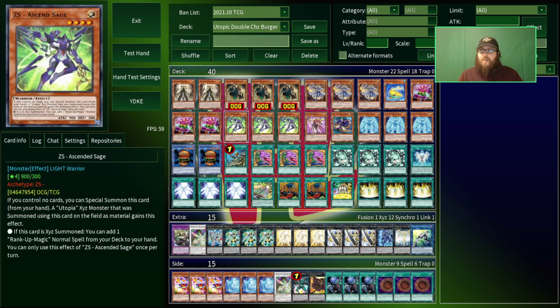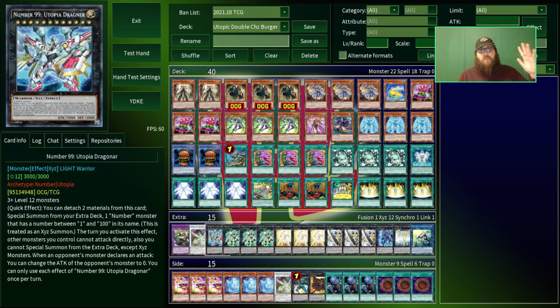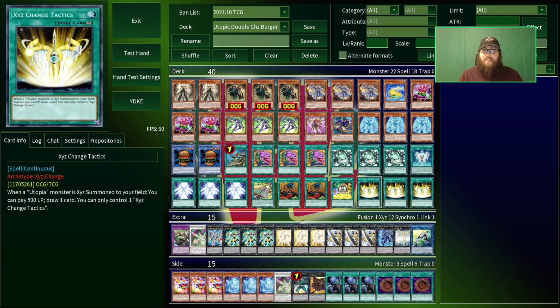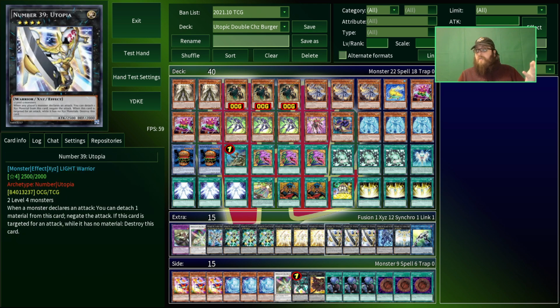These are good starters, but you don't want to draw them after the fact. As for the rank up, it lets you turn any of your Utopias into number 99, Utopia Dragonar. In addition to being a Utopia card that will trigger Ixie change tactics, this thing can detach 2 materials to summon a Utopia from the extra deck, allowing you to start another chain of summons and draw 3 more cards